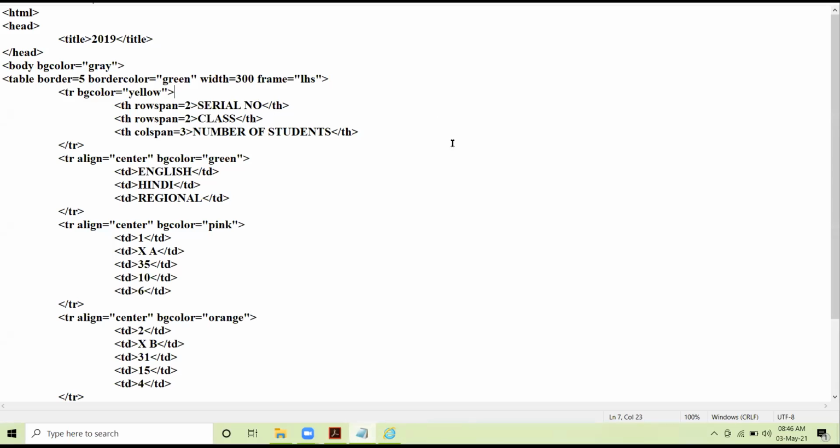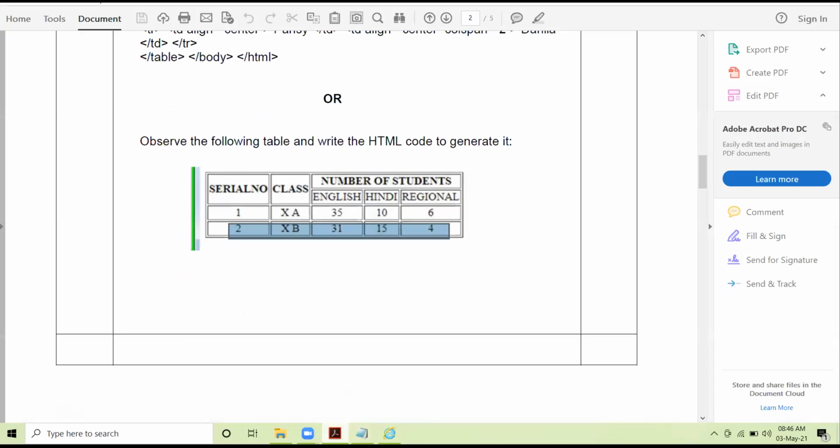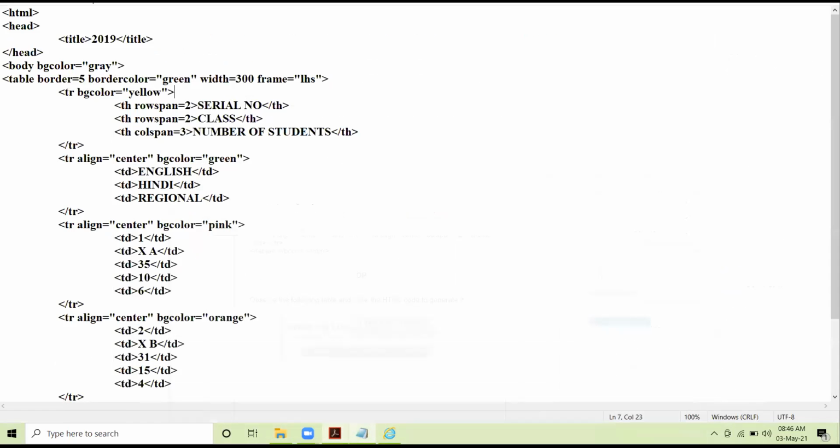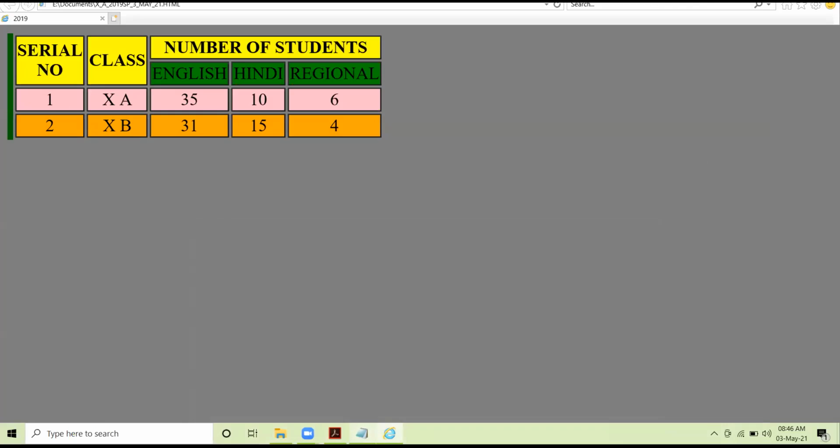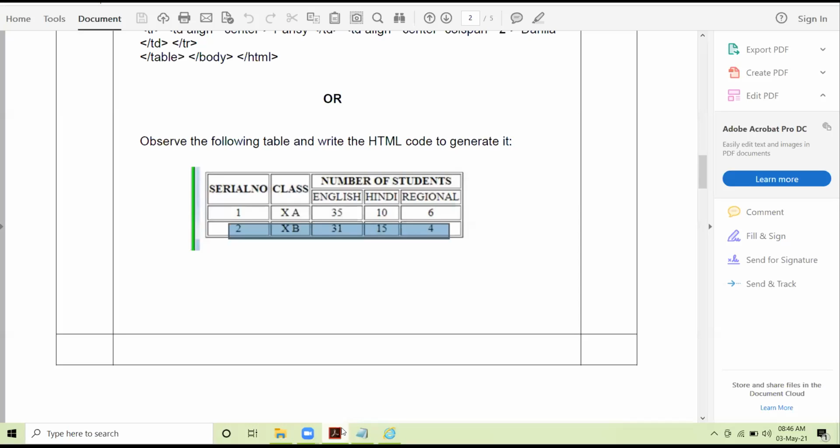Clear, all of you? So that was the question of 2019 sample paper. Clear?